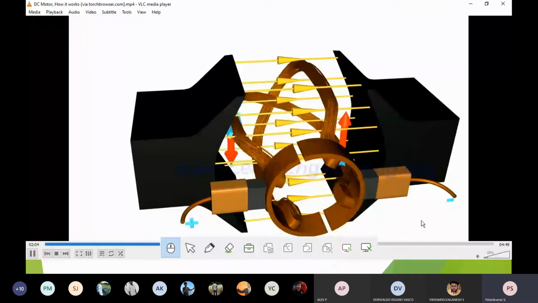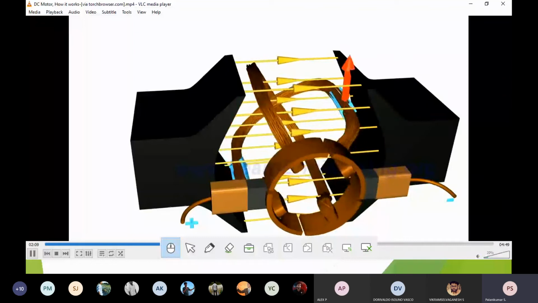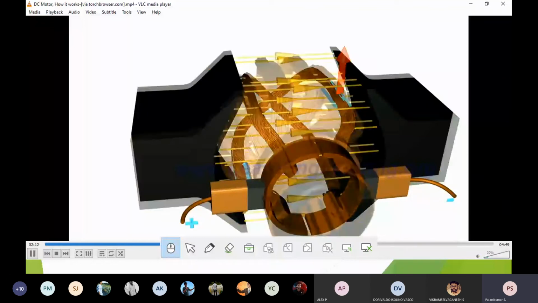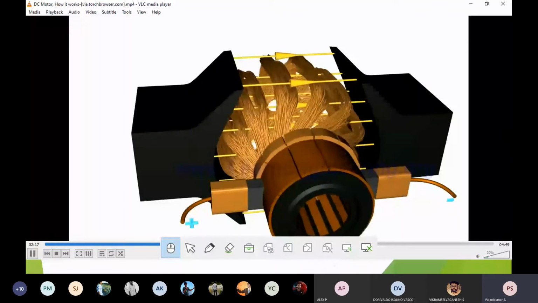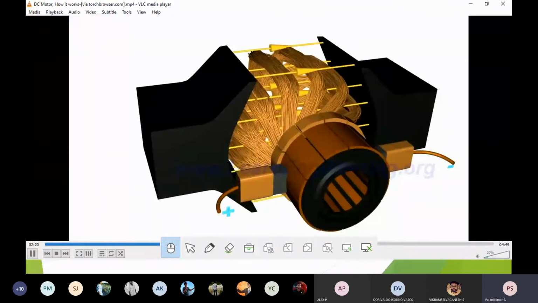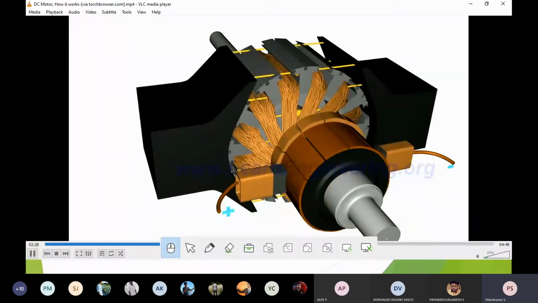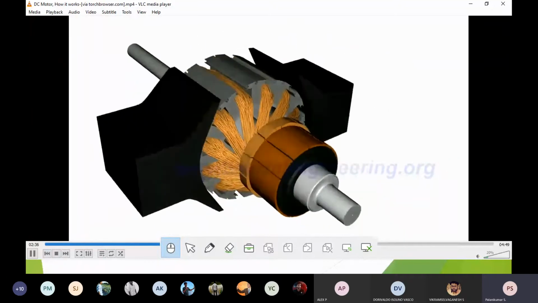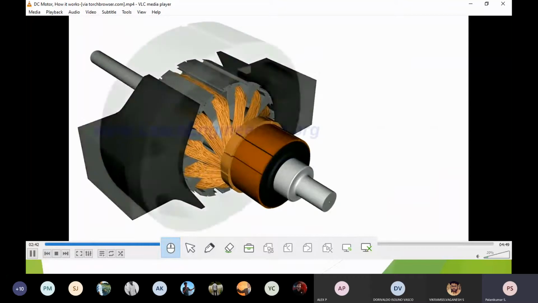Okay, so now with two coils, the current is only switched from one coil to another coil. Because of that, I am able to maintain constant rotation. If multiple coils are there, how will it look? Here we have seen that. So the purpose is, in order to have a very high torque, I should have a number of coils. And in that coil, if there are more number of turns, I can produce more speed.